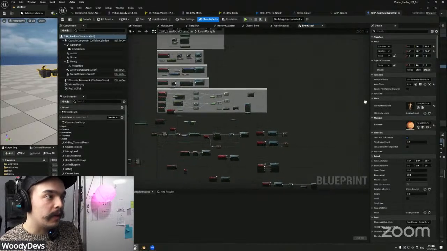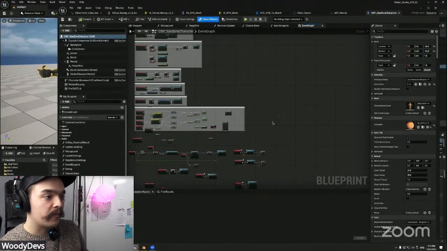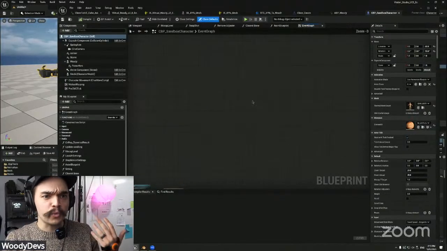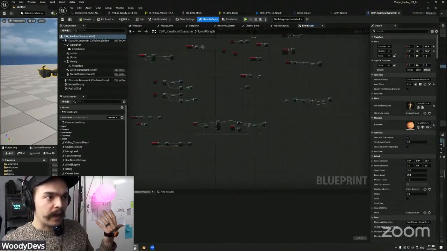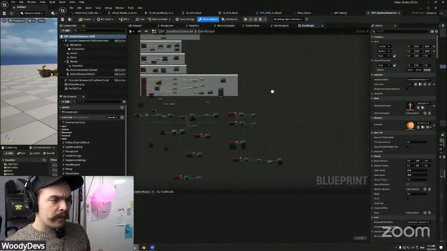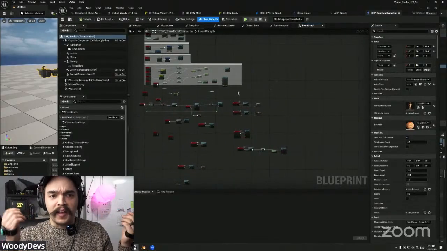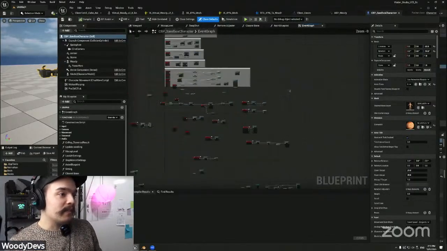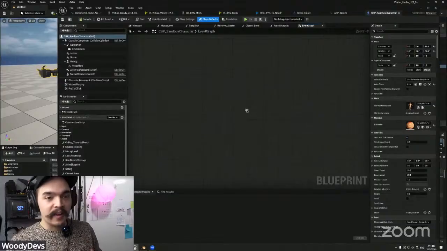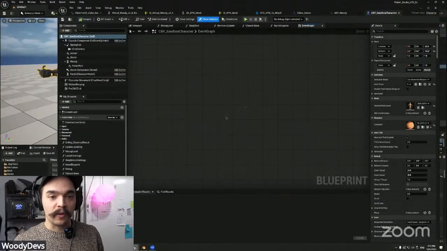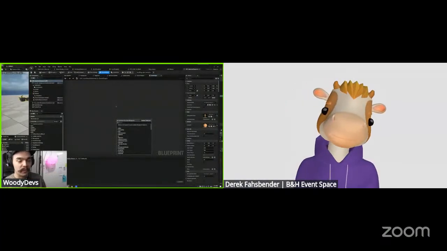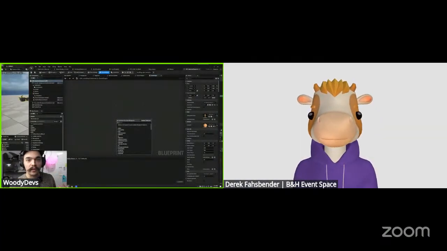I am in my event graph here. This is an Unreal blueprint system. This is like a visual code language, basically. I use this all the time. It's really great. It looks like spaghetti. It looks like Legos glued together with spaghetti, but this is actually code. It's really nice, especially if you're new to coding, because all you're doing is trying to wire up little blocks together. Super easy. We don't have to write a lick of code. We're just using our